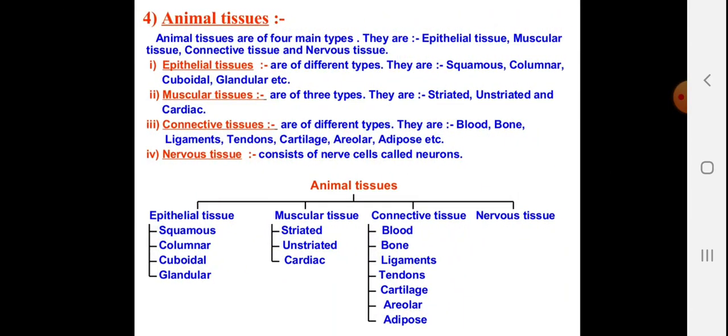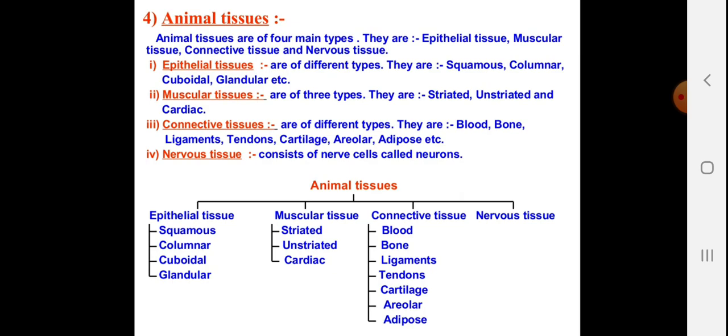Animal tissues are majorly four main types. They are epithelial tissues, muscular tissues, connective tissues and the nervous tissues. Epithelial tissues are of different types. They are squamous, columnar, cuboidal and glandular. They are named after where they are present. Suppose they are present in the glands, various glands like liver and pancreas, they are called the glandular epithelial